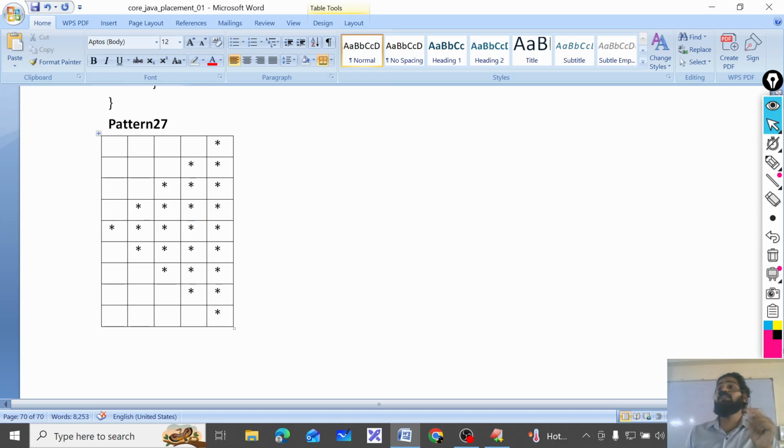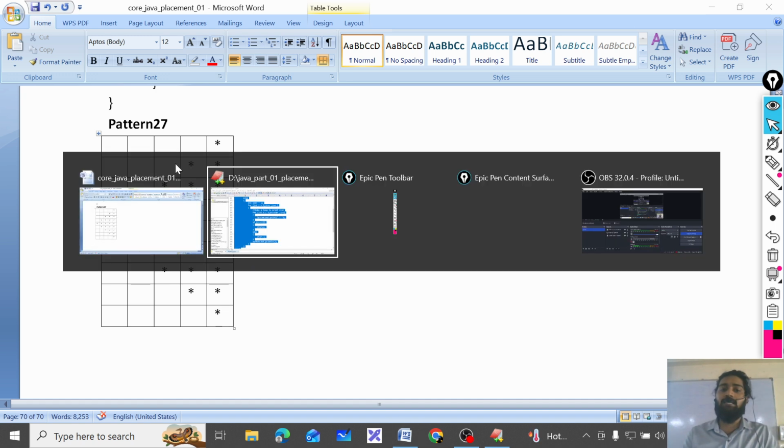Okay, now next one more, listen. Extra space, no? How many spaces are there in the first row? 4. How do you get 4 space? 9 rows are there, but why are you getting 4? Half of the number of rows. Half of 9 rows means half is 4.5, but you will get only 4 because integer by integer is what? Integer only. You will not get 4.5, you will get 4. So that's how we will start.